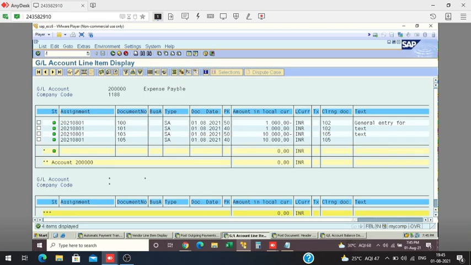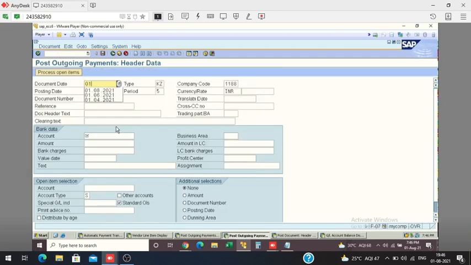So now you have to understand what is partial. F-07. And what is the impact of partial payment in FBL3N? Listen carefully, it's an interview question. And you can face this question anywhere, in the first round, second round, anywhere.